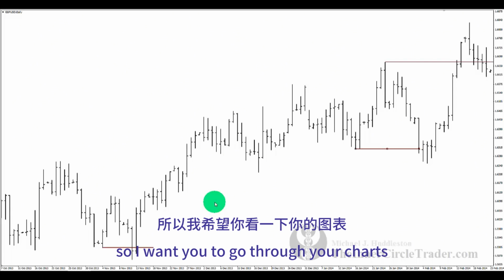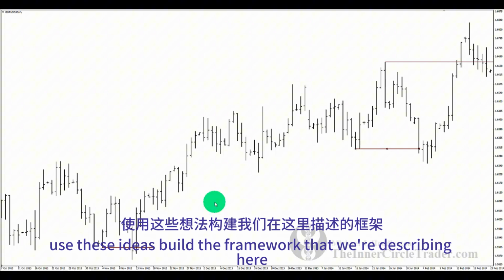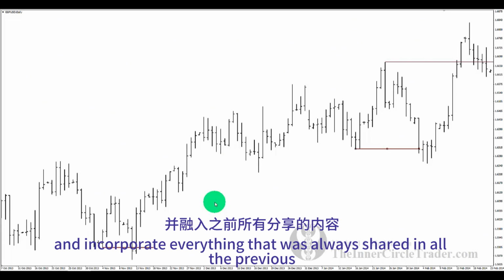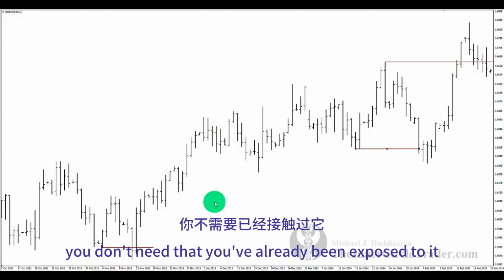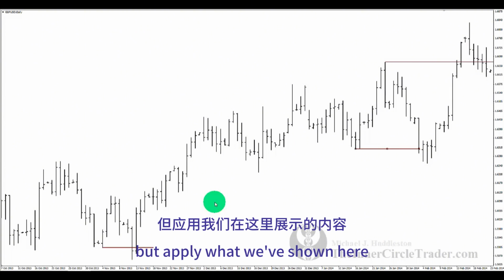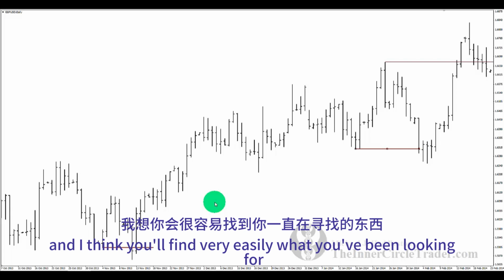So I want you to go through your charts, use these ideas, build the framework that we're describing here, and incorporate everything that was always shared in all the previous teaching tutorials, because it's not important that I teach all that again. You don't need that. You've already been exposed to it. But apply what we've shown here, and I think you'll find very easily what you've been looking for as it